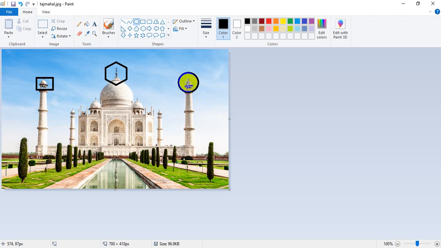Take a position like a circle. For example, I put my cursor over here. So you have to take the first coordinates of the circle. If you notice on the left corner, when I move on the center, it's 575 and 98. So you have to take the first 2 coordinates, that is the x and y coordinate of your center. For example, my cursor is in the center and my point is 575 and 98.